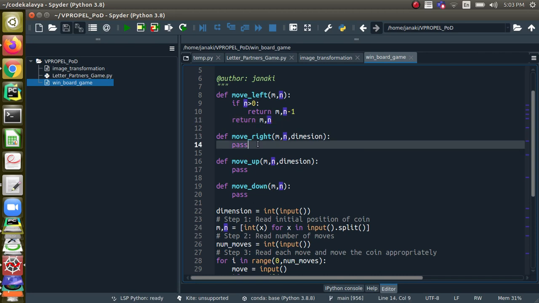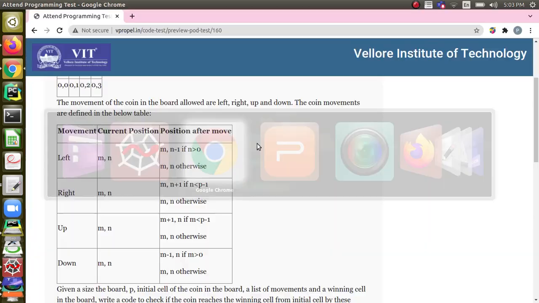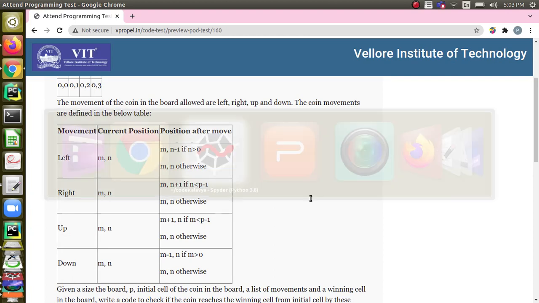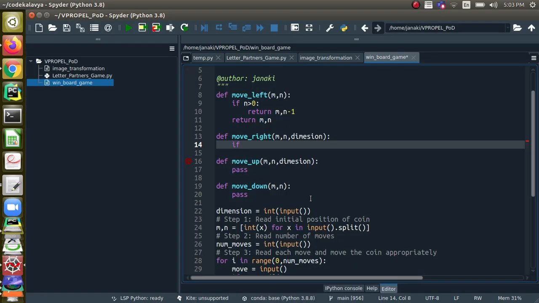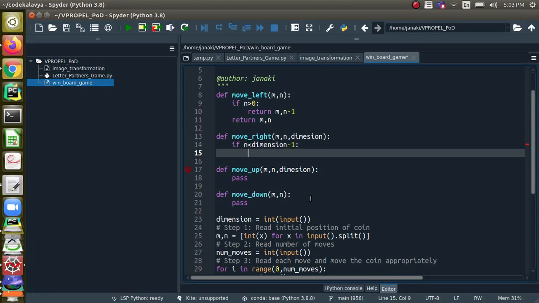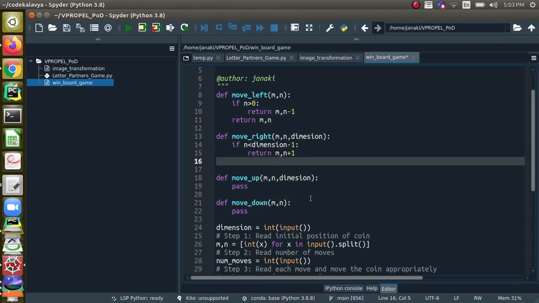Okay, and next what we have to do, move right. Look at the problem, right? It is given if n is less than p minus 1, right? So if n is less than, I have given here as dimension minus 1, then in that case you will return m comma n plus 1, and otherwise we are going to return m comma n.